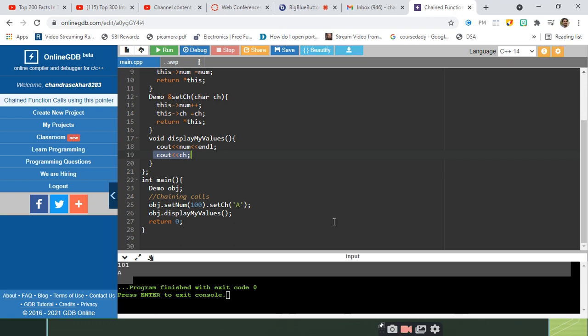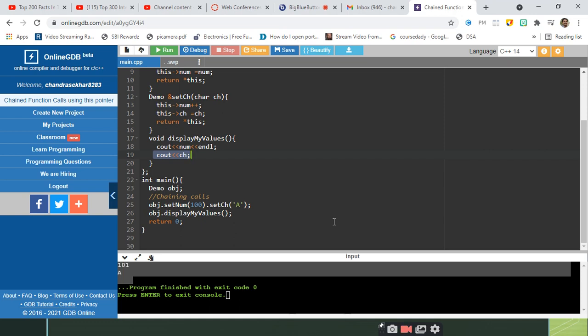So this is all about today's session. We have discussed the pointers to object, and we have clearly discussed the this pointer, the purpose of this pointer, what happens if this is not given, and why we should use this pointer even though we are not using it in the previous scenarios. With one programming example we have demonstrated the application of the pointers to object called chained function calls.